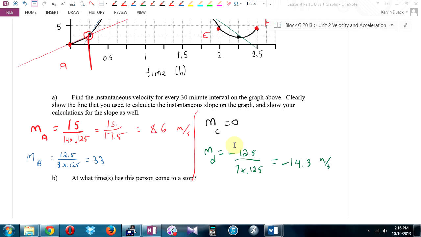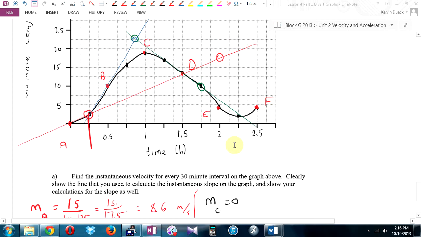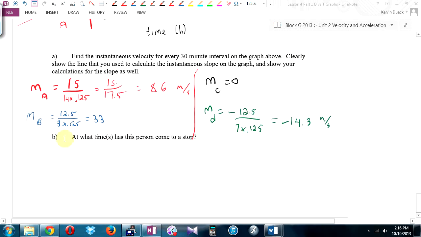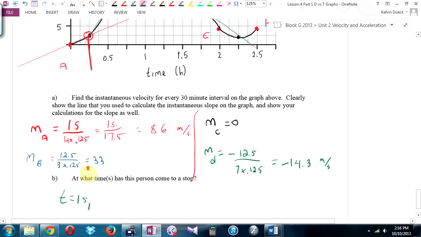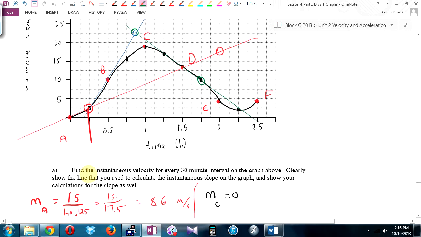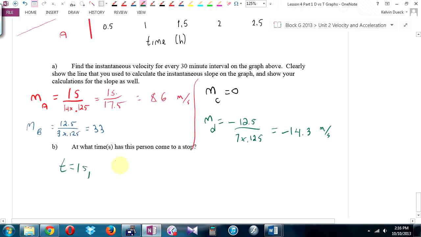Let's answer part B. Part B, at what time or times has this person come to a stop? Okay, at what? It doesn't want dots, it wants at what time. So when t equals what? Drop down and read. Okay, at t equals 1. Any other time? There is. Halfway between 2 and 2.5 for a split second there. There's a change in direction, and the only way you can change direction, unless you got magical powers, is to come to a stop for a split second. Yes? So, and you said that was t equals